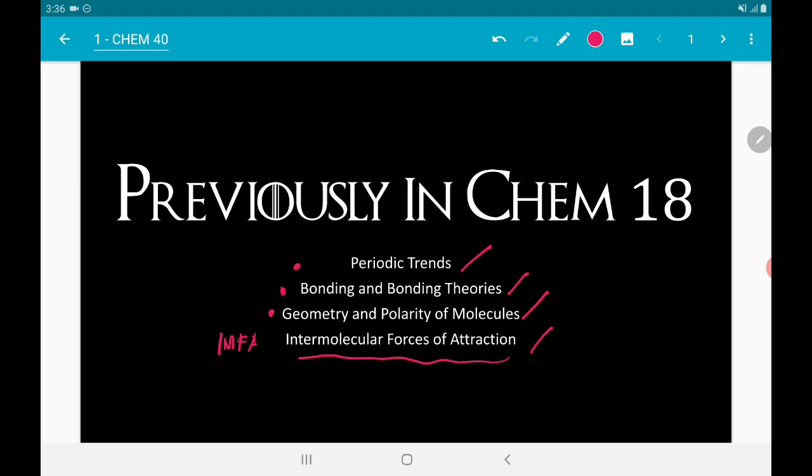Okay, so kapag nag-form ng bond, for example yung H and Cl, what type of bond will be formed? So we know that from Chem 18 to be a polar bond. Okay, so the polarity of the HCl affects its interaction with water, for example. So yun yung mga concepts na kailangan natin i-review bago tayo mag-proceed sa Chem